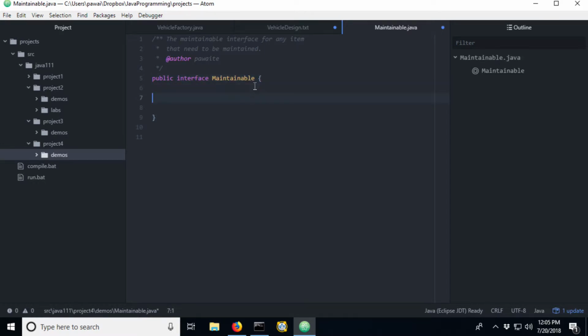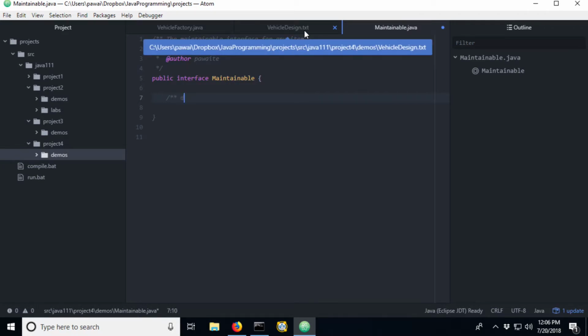And let's go ahead with our first method then. We'll get a comment in here, and we'll only have the one method that we come up with in the design. Determines the cost of maintenance.